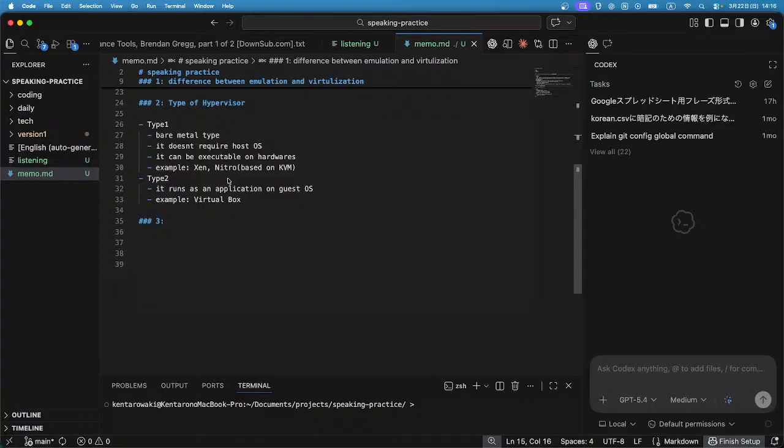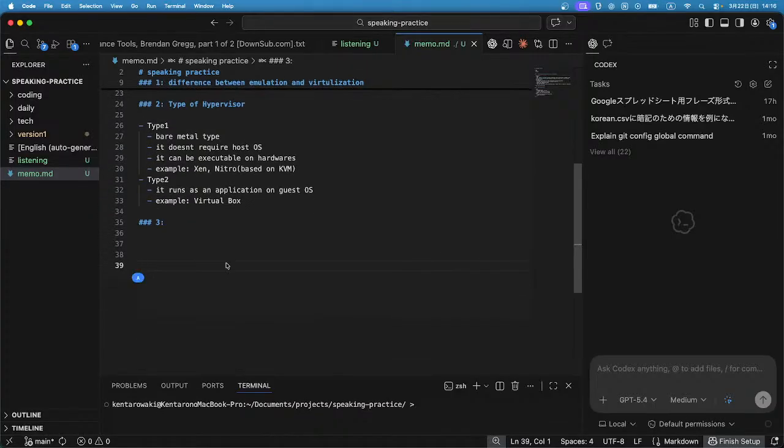And the type 2 hypervisor runs as an application on the host OS. As an example, VirtualBox. So compared with them, type 2 has one additional layer, right? Because it runs as an application on the OS, it has overhead compared to type 1, right? Yep. Okay, then let's move on to